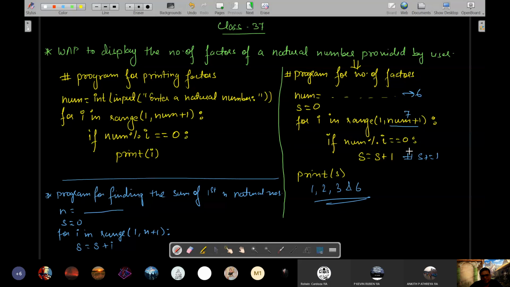Outside. Or inside if? Acha, one interesting question. I will give you three cases. What will happen if you print this inside the block of if, inside the block of for, or outside the block of for? What difference will each of the three cases make? Let's go one by one. What will be the output in this case?